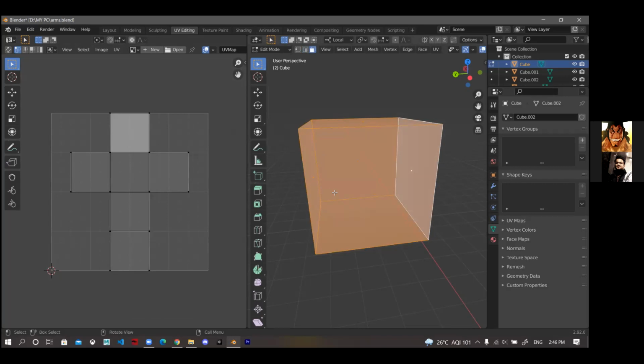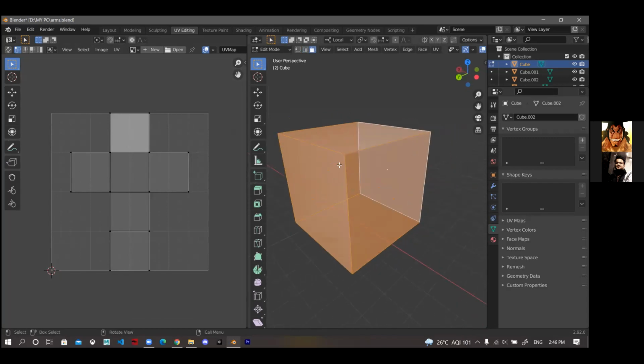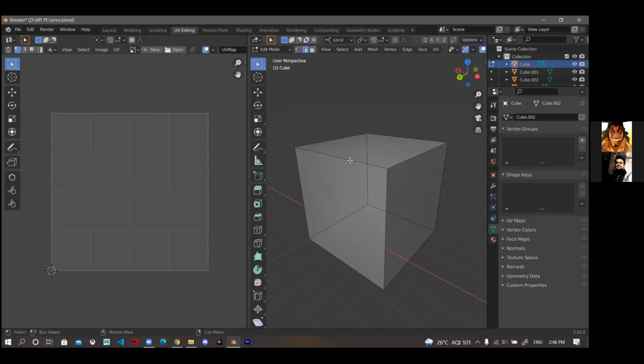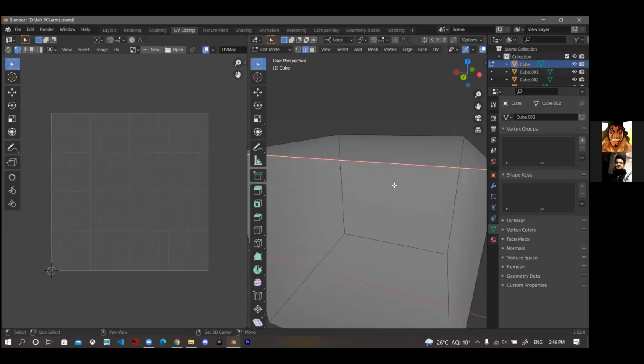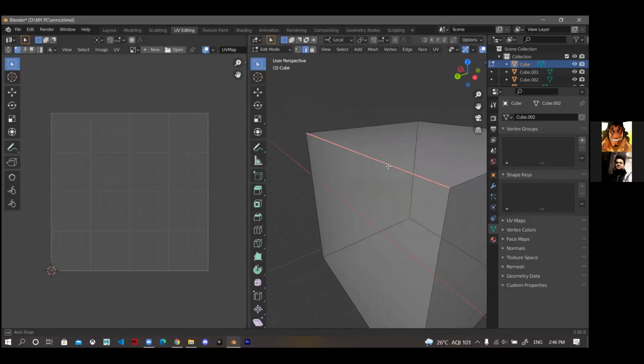For UV unwrapping, we need proper seams. What marking a seam does is it will cut this edge. Not in the real window, but as it says, it will be cutting this edge when we do the UV unwrapping.